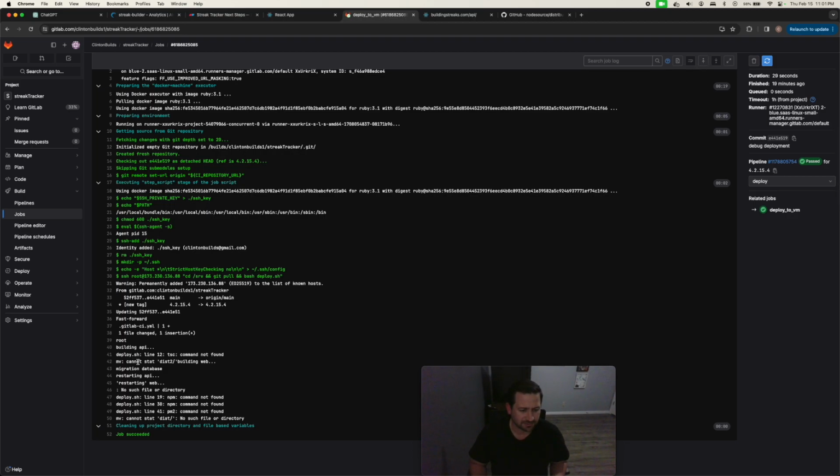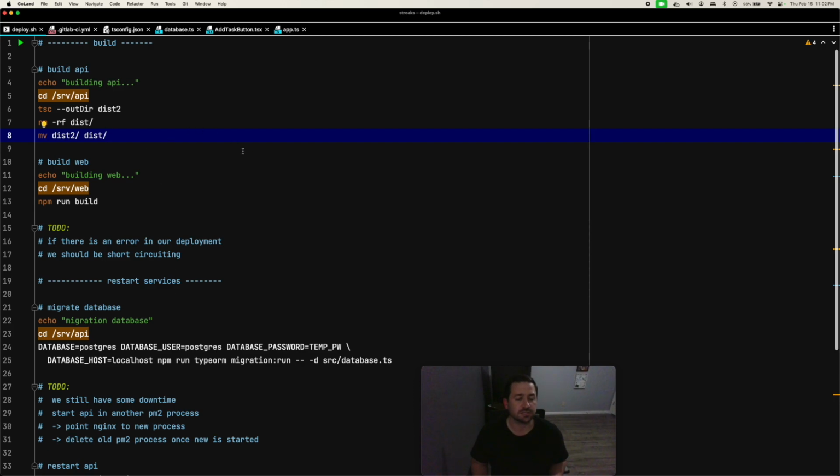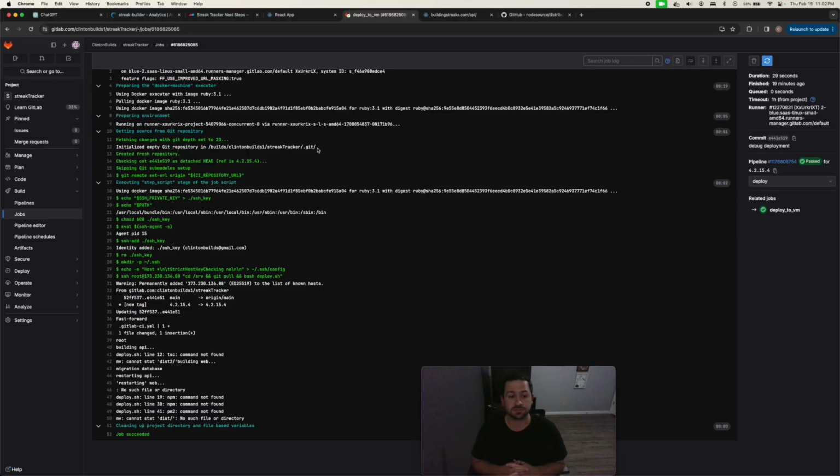a lot of our commands. It didn't recognize the npm command, the pm2 command, those things like that. And so what I realized is that the way we installed NVM, it was not in the same folder. It wasn't in the same path that this GitLab runner was actually running. And so what I actually have done was the only real change was really just going into our server, and